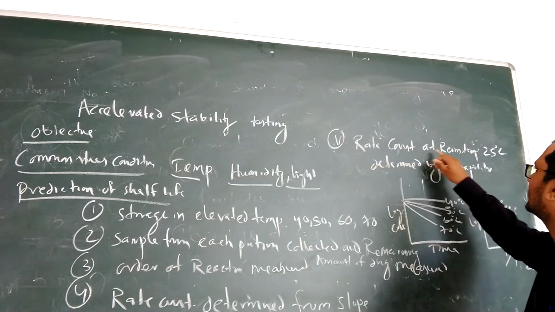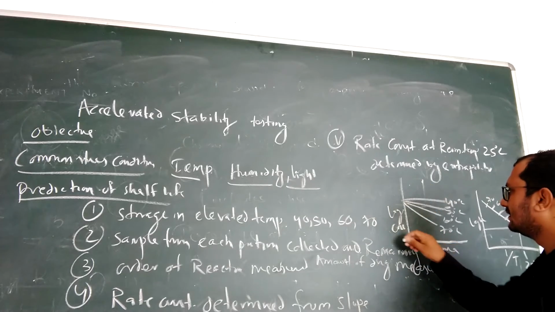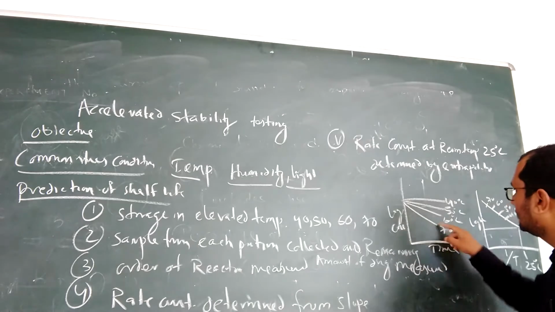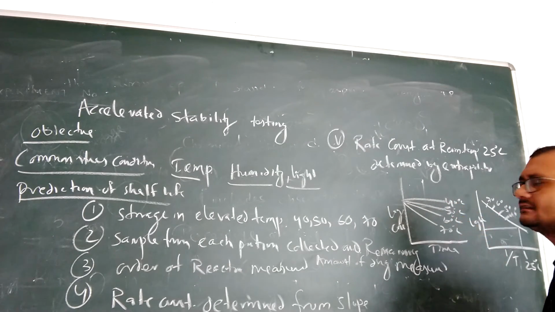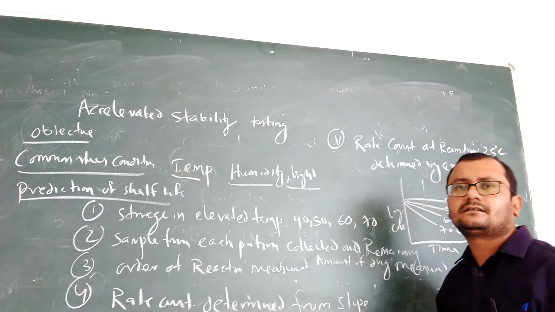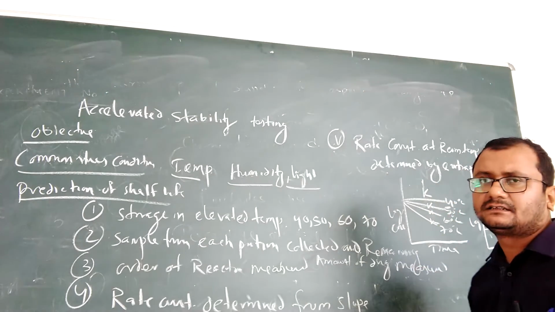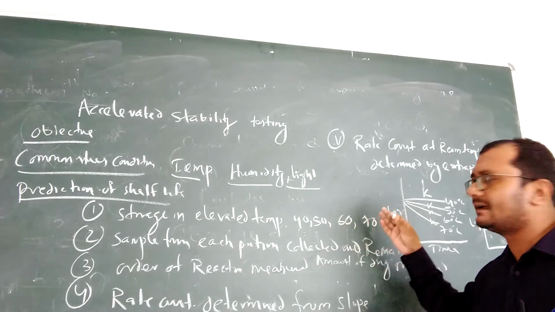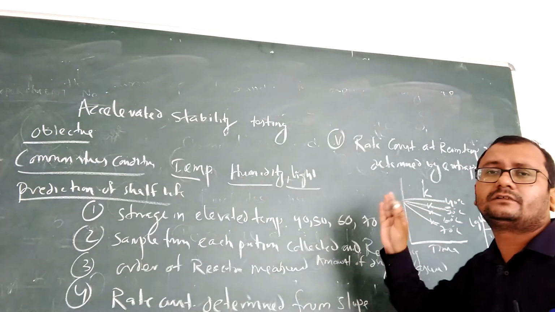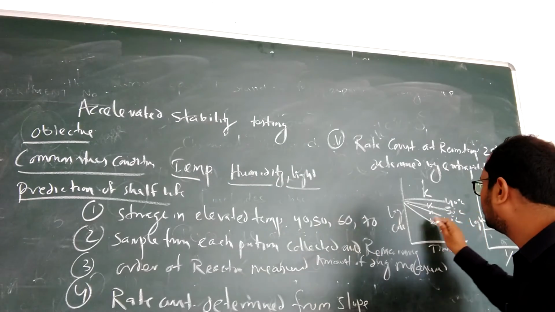Already I told you how to determine the rate constant from the slope. After getting all these things, we can see the graph here. Just suppose one example, we are taking log concentration versus time, and here we are getting lines at different temperatures: 40 degree, 50 degree, 60 degree, 70 degree. Then we have to find different K values from different lines. From 40 degree we will get one, from 50 degree we will get one. Like this, from different temperature conditions we will get different rate constants.